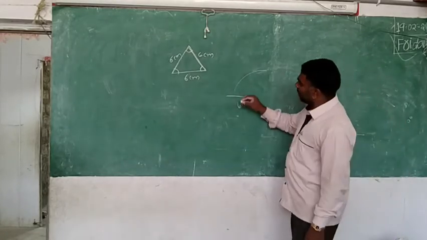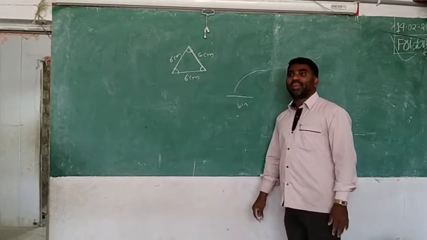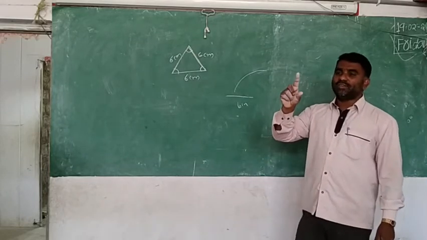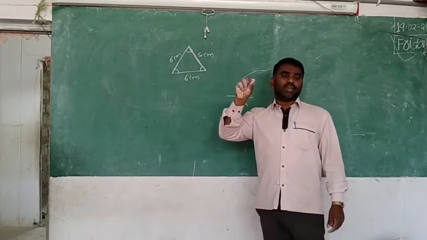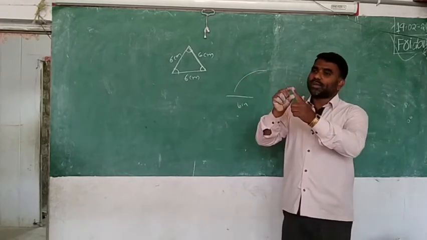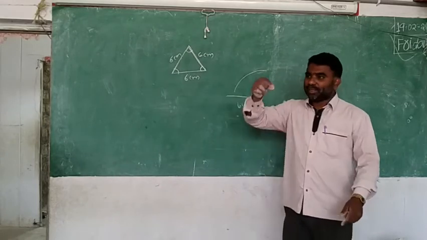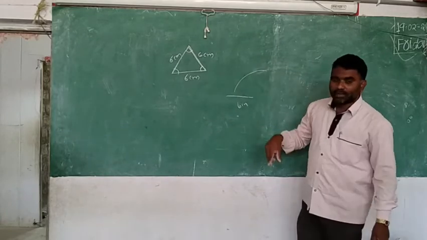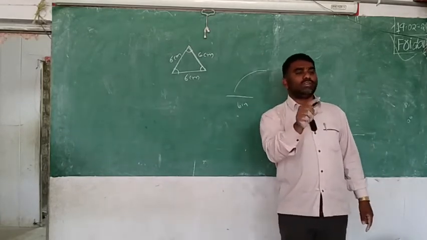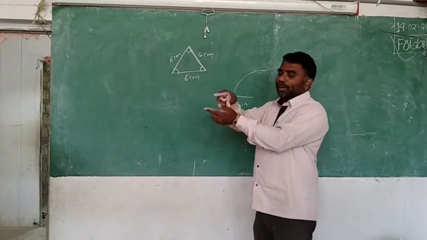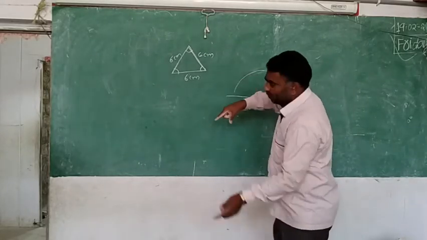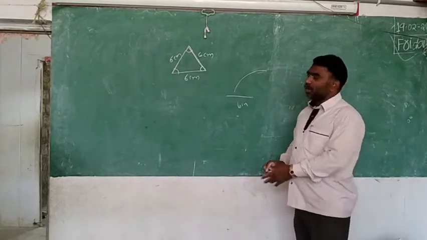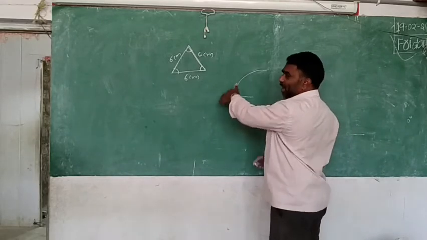What I have drawn here is called an arc. How do you draw an arc? With a compass. Fix the pencil in the compass, and take this distance as 6 centimeters. This distance is important. Measure from the compass metal end to the pencil end, take 6 centimeters, keep the metal end here and draw the arc like this. One more also 6 only, so from here also you draw an arc.